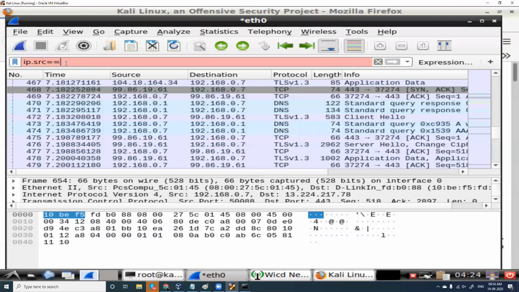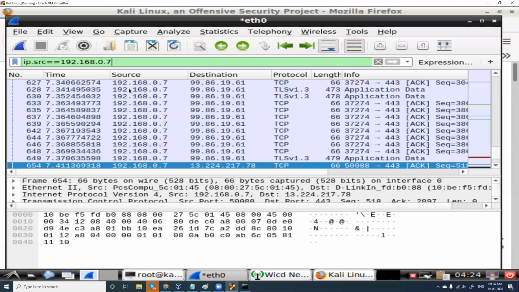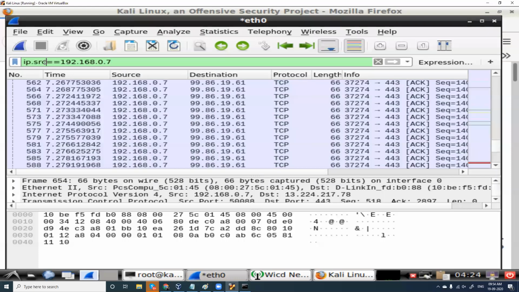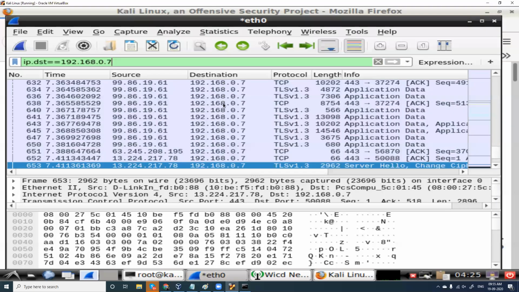If I want to filter the source IP, I will type ip.src == 192.168.0.7. Means in the source field, I have different IP addresses here, but I'm saying I want only my IP address. I want to see what packets have gone out of my network. So you can use a filter command like this, enter. See, now the source will have only 0.7. If I want to see what packets I have received, I'll change this to destination and enter. Now see, in the destination IP address, I have 0.7. Fine.